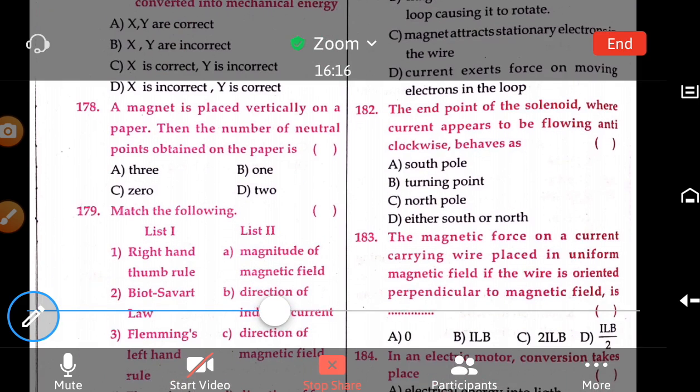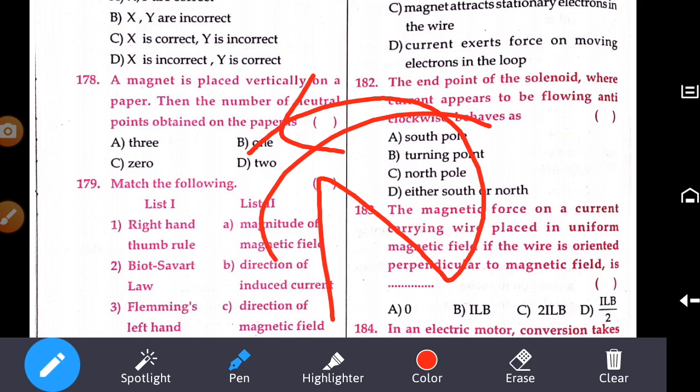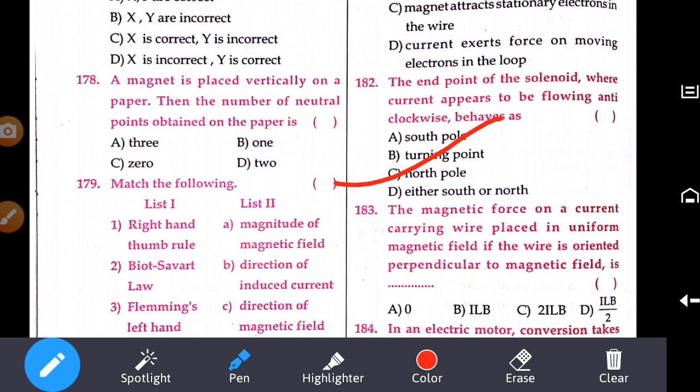182. The end point of the solenoid where the current appears to be flowing anti-clockwise. Just now we have seen, if you write the end like this, anti-clockwise means that it should be our north pole. Option number C. The magnetic force on a current carrying wire placed in a uniform magnetic field, if the wire